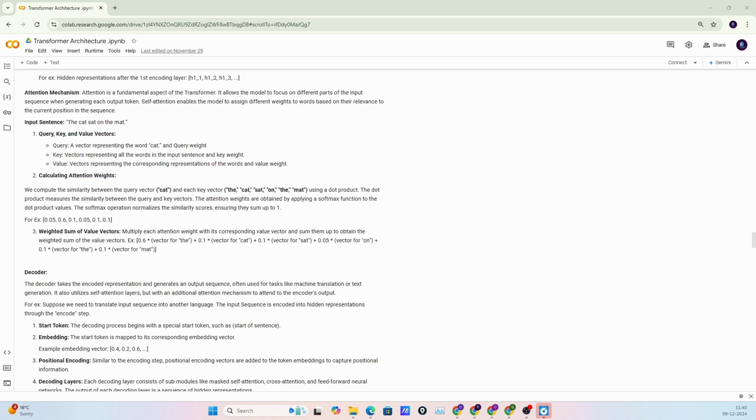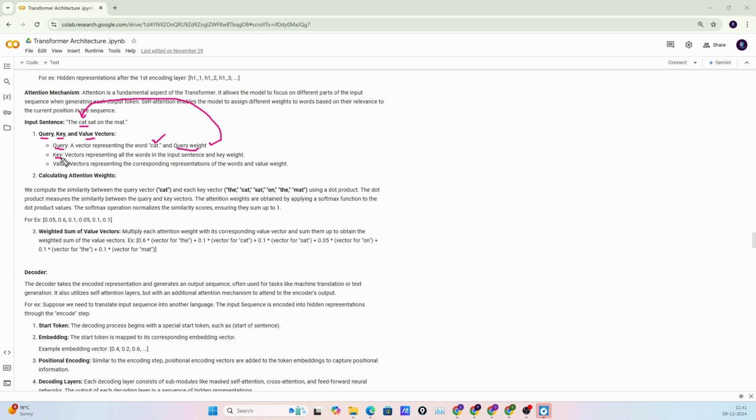In the attention, as we know, there are three main parts: the query, key, and value vectors. Here suppose we are interested in calculating the attention value for the cat word. The query vector is basically the vector representation of the cat word multiplied by the query weight. How do we calculate this query vector? We use the embedding of the cat word multiplied by the query weight.